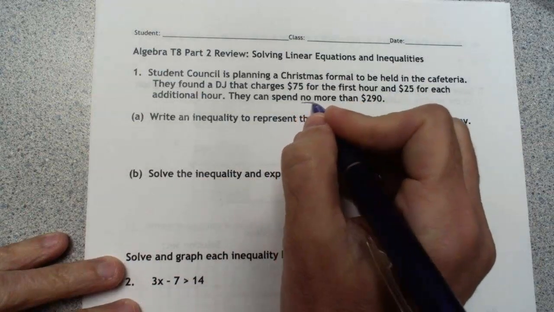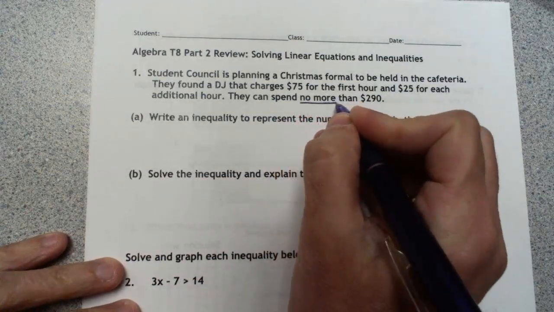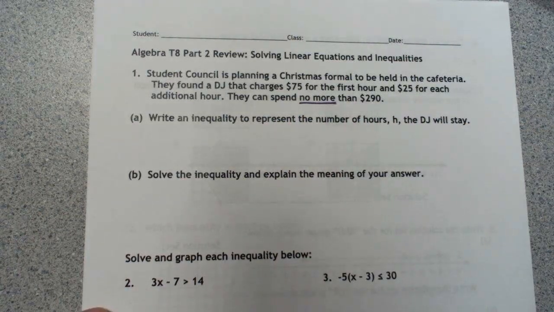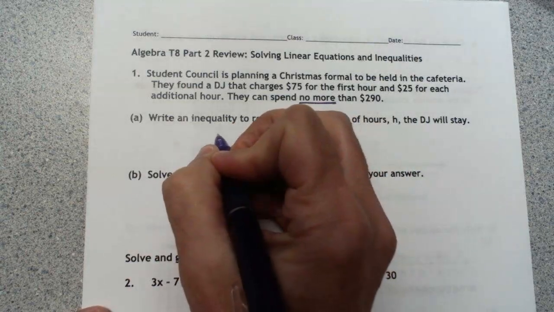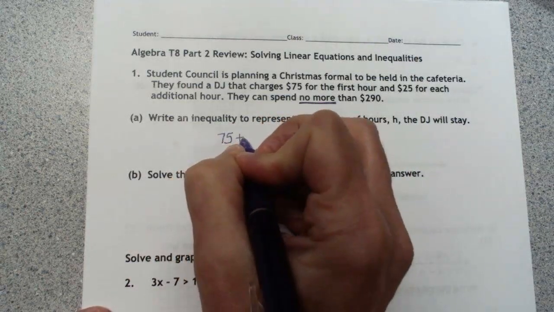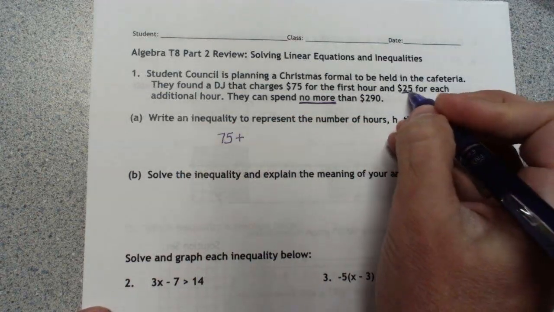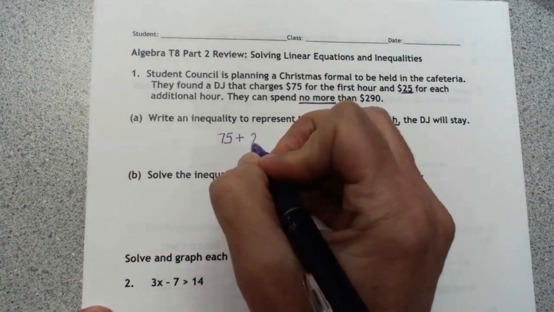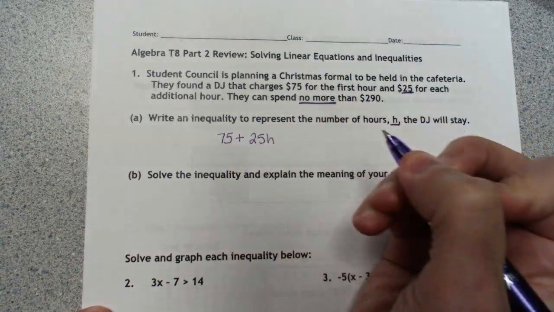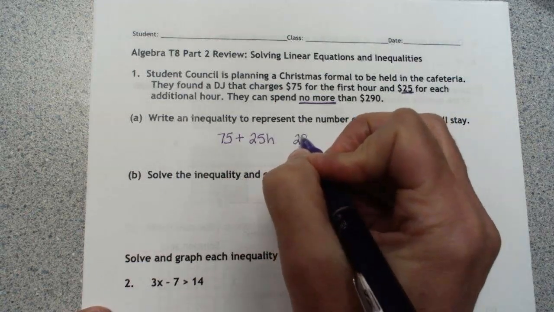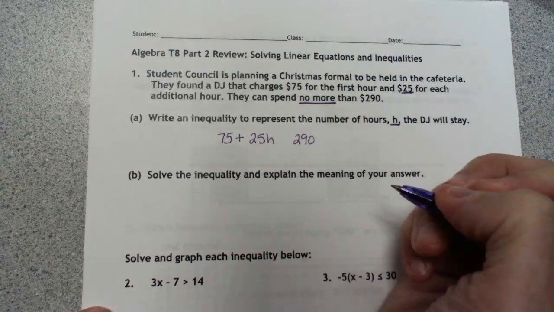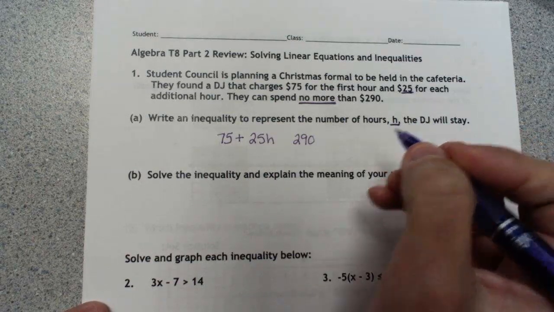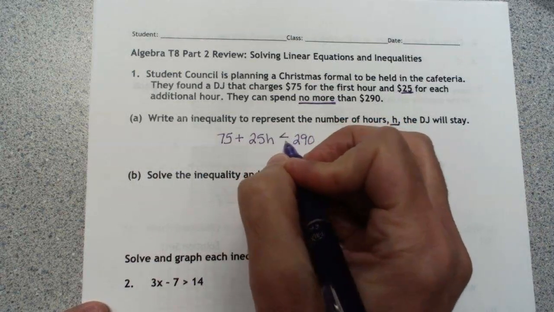So this part is really important. They cannot go over the $290. So originally they're going to pay the DJ $75, and then they're going to add to that $25 per hour. And so our hours is our variable. So we're going to add to that $25 per hour, and we cannot go over the $290 limit. Now we can spend $290, but we can't go over that. So we're going to have to do less than or equal to